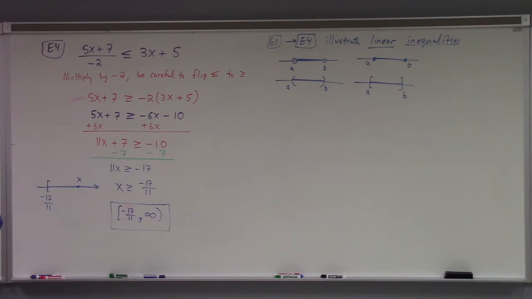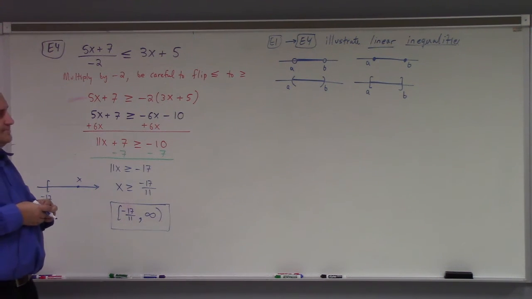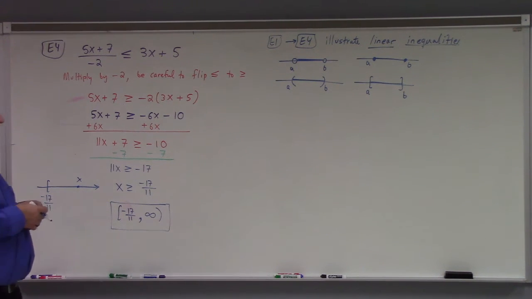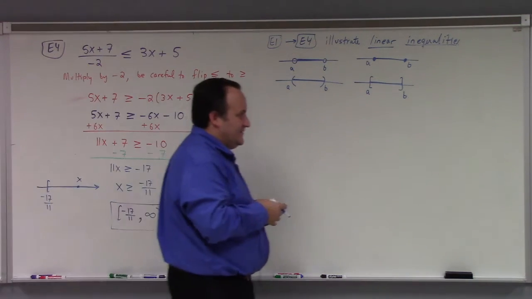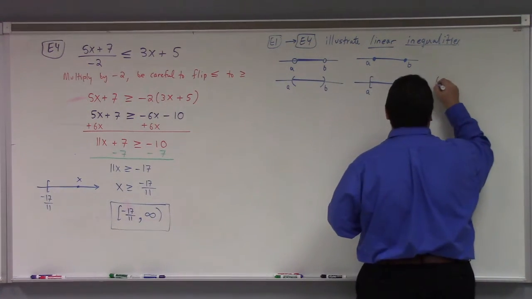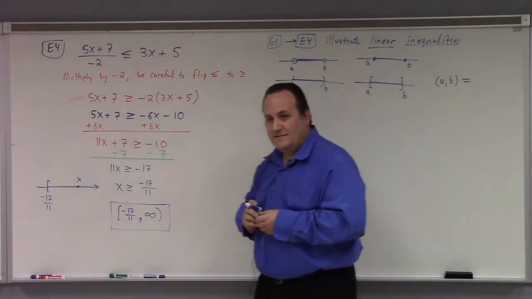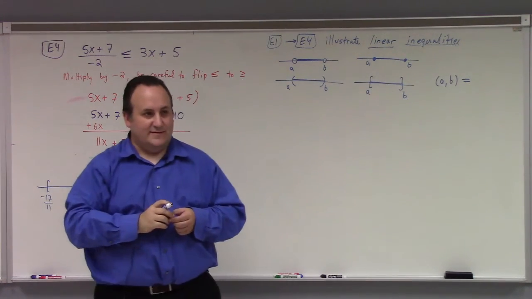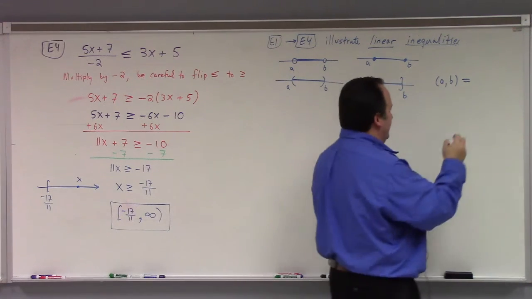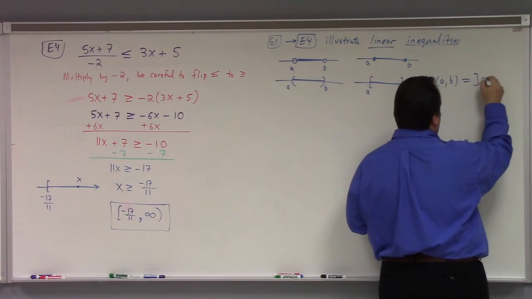If you use the open closed dot notation for your solutions, I won't take off points. But I don't even know how you do it in the MyLabs because they have multiple choice with the pictures, but whatever. The one notation I will not allow, and I told the other section this too, I feel like I should tell you guys too. Any of you have a French background? French mathematics? Some of the French write it this way.